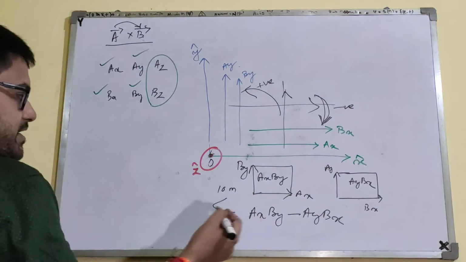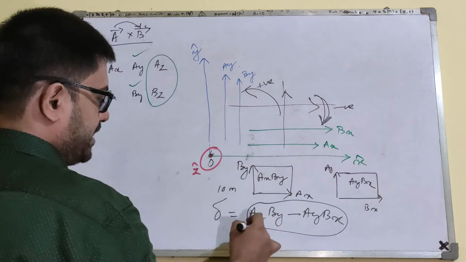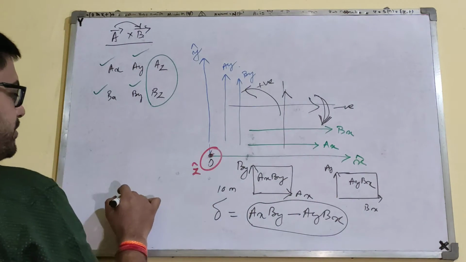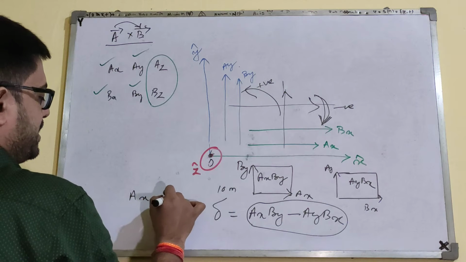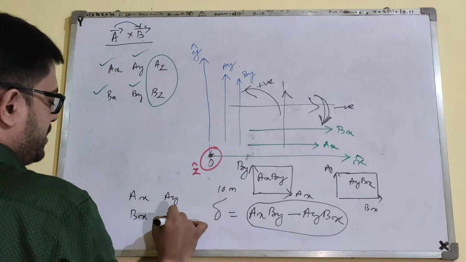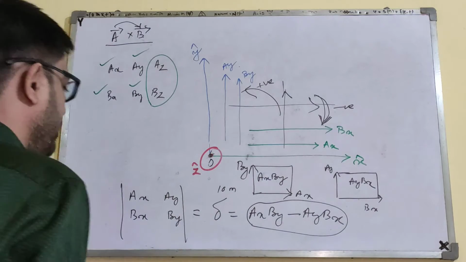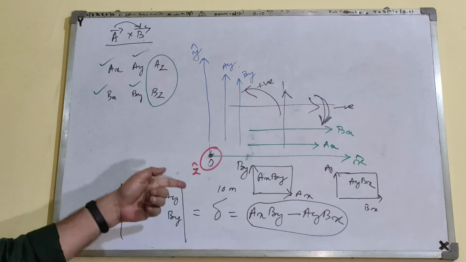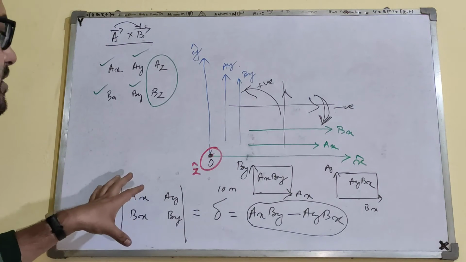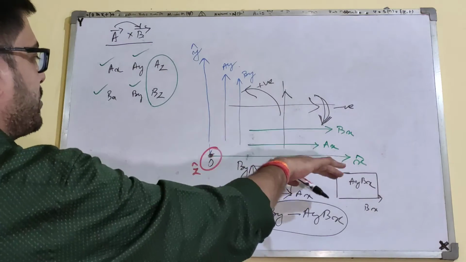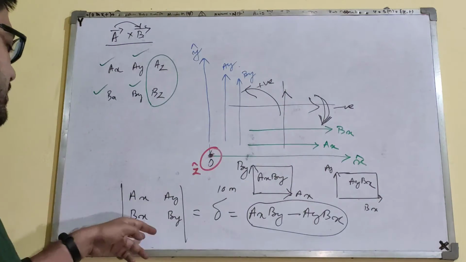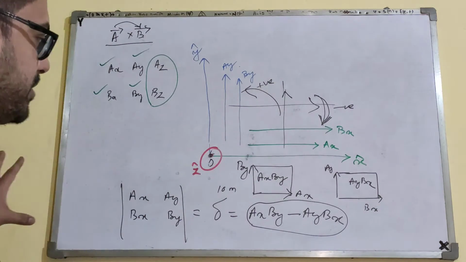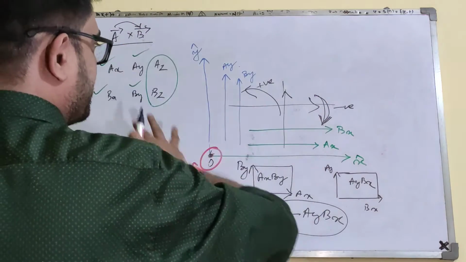There is a very simple technique to denote this particular algebraic operation, and we do that by writing ax ay bx by in a determinant form, right? ax by minus ay bx. So now you see why in the cross product we use determinants. Since we are only talking about the crossing in the xy plane, we are only dealing with 4 components, so a 2 by 2 determinant would be enough for us to describe the entire operation.